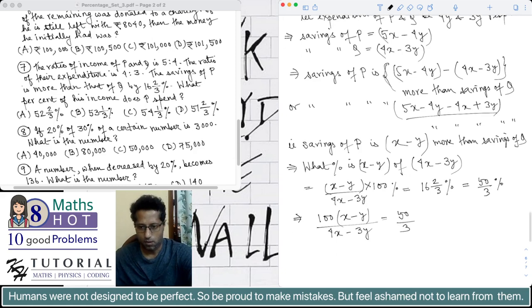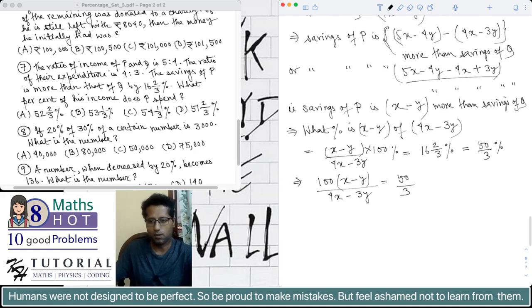Okay, now we have this relation. Now we will do cross multiplication and we will find the relation between x and y. Ultimately, we have to find what percentage of his income P spends. So let's do cross multiplication and see what happens. Now, you can see both the sides. In the numerator, on the left hand side we have 100 as a factor, and on the right hand side we have 50 as a factor. So I can cancel out,